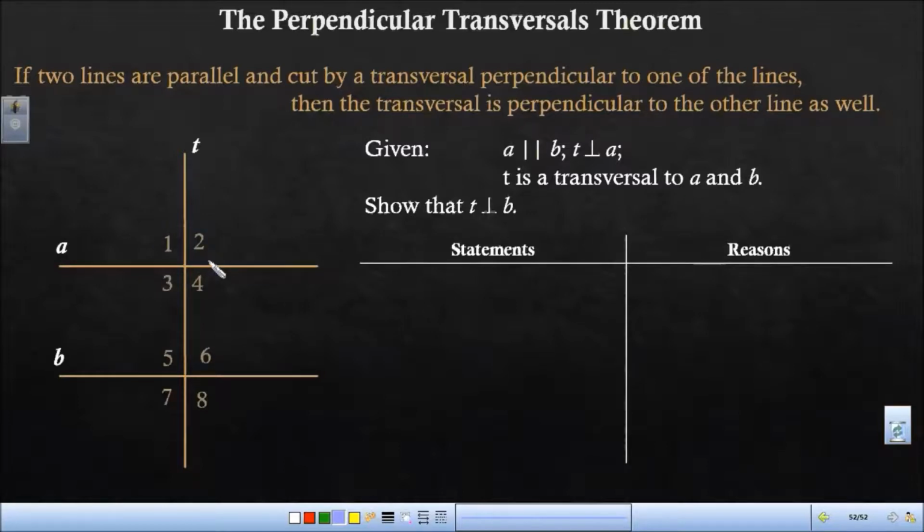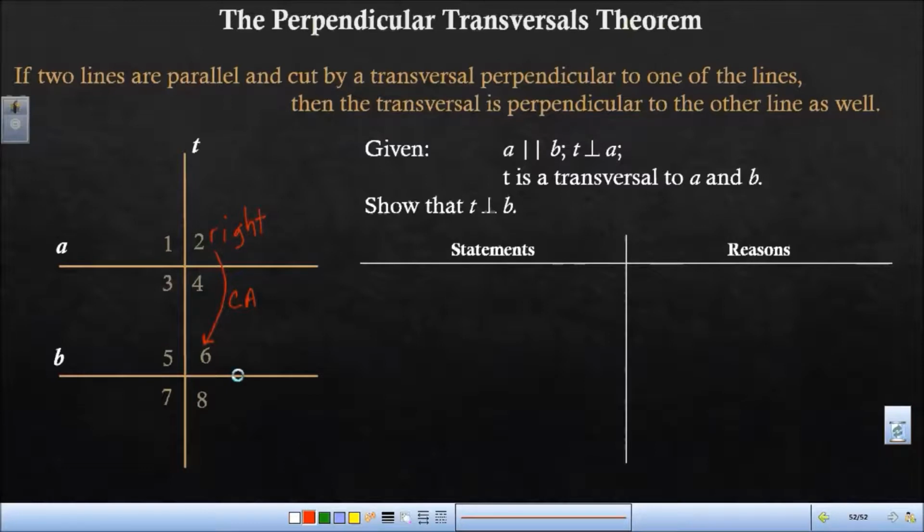So let's take angle 2, and we're going to call angle 2 a right angle. We can actually call all of them a right angle, okay? But we know that A and B are parallel, which means these 2 angles are congruent because they correspond. Alright, now since this is a right angle and 2 and 6 are congruent, that makes 6 a right angle